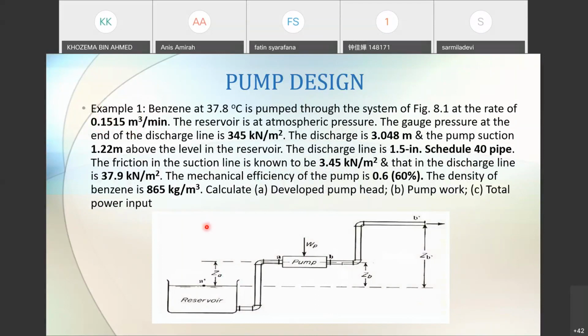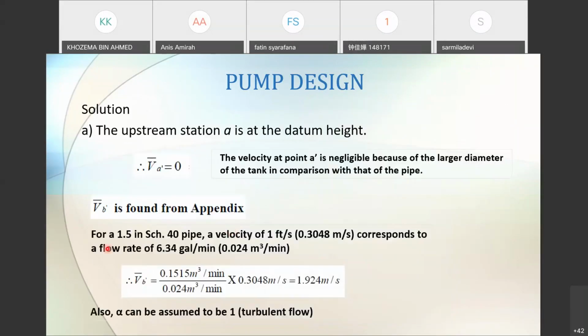Now using the information that we have, I have changed 1 feet per second into 0.3048 meter per second. I have done the unit conversion here, so that 6.34 is equal to 0.02424 meter cube per second. So by using these two values and our flow rate value, we can actually find the value of velocity at